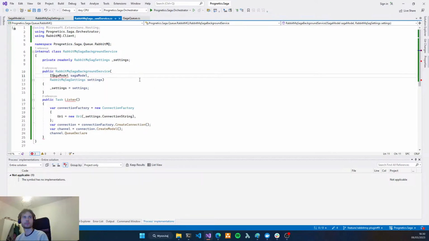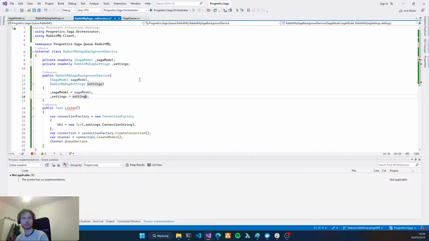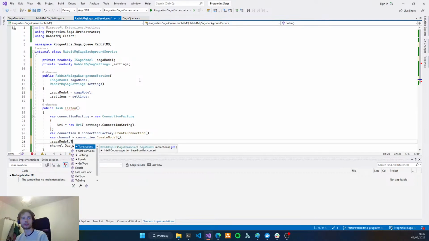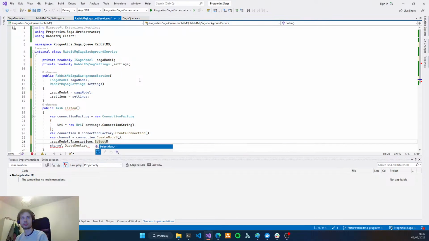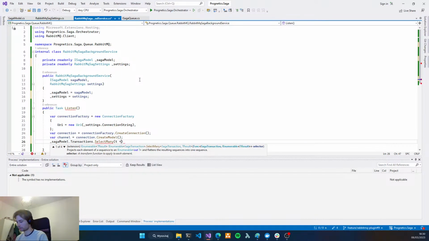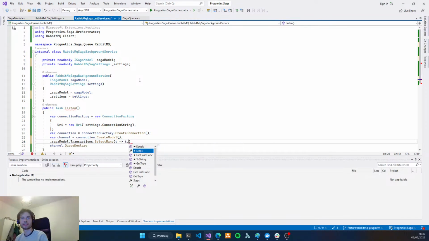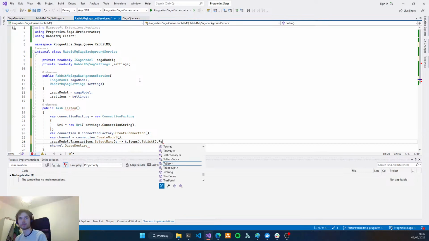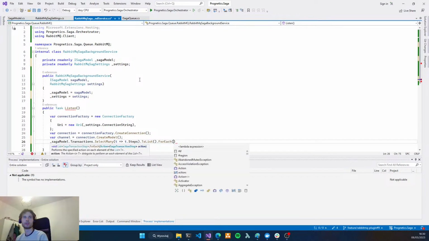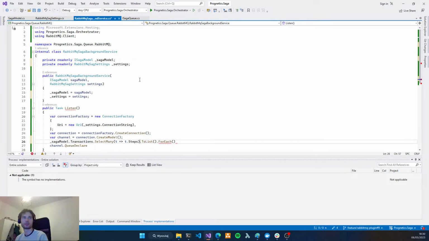Add the reference, create field, and now in SAGA model we have transactions, the transaction has steps, and we're going to go through the list, and for each step we want to